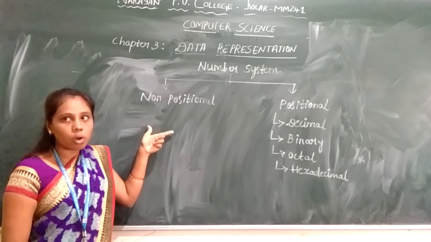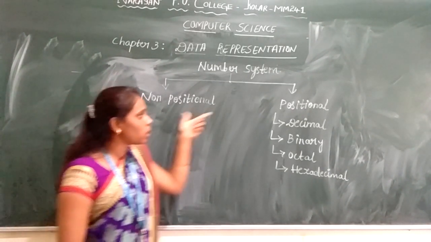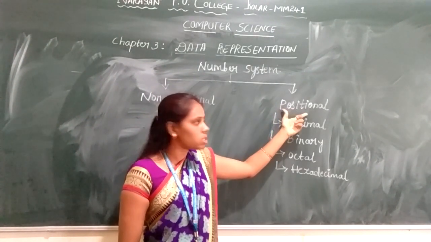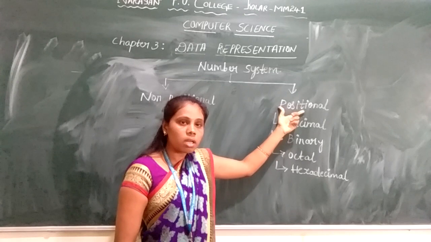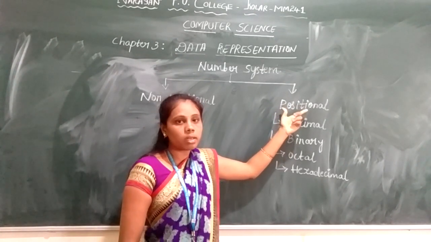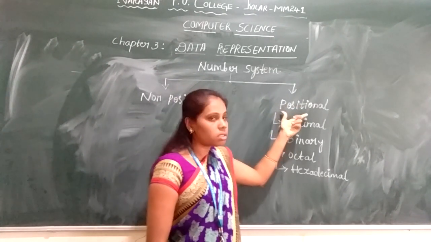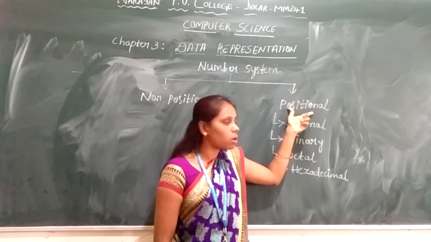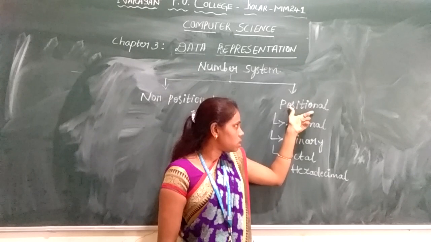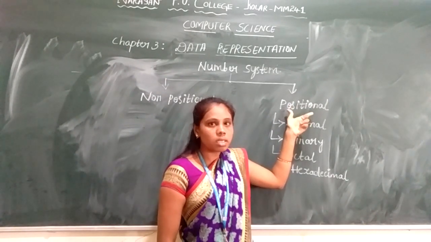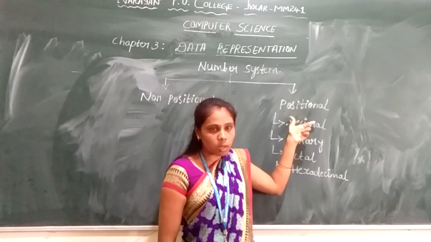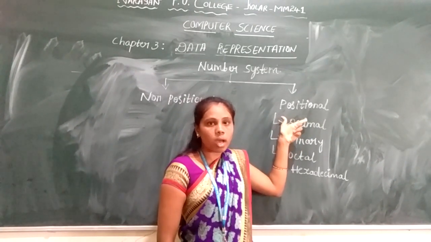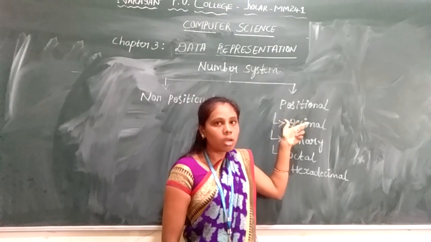To overcome the drawback of non-positional number system, the Indian mathematicians invented one more number system, that is positional number system. In positional number system, we mainly concentrate on digits. In our day-to-day life, we are using this positional number system. So it is also called the modern number system. Here we have digits. Each digit has its own specific value with respect to its position, and when the positions are changed, its values will be changed according to the given positions.